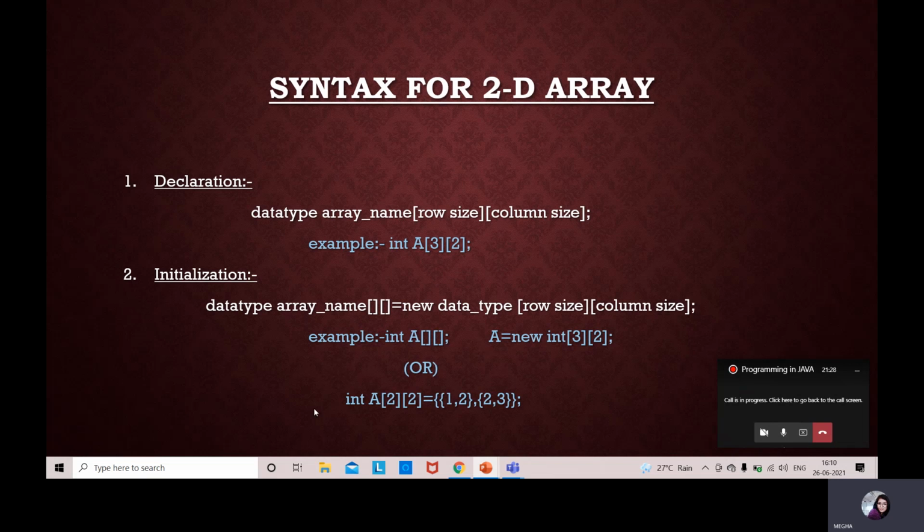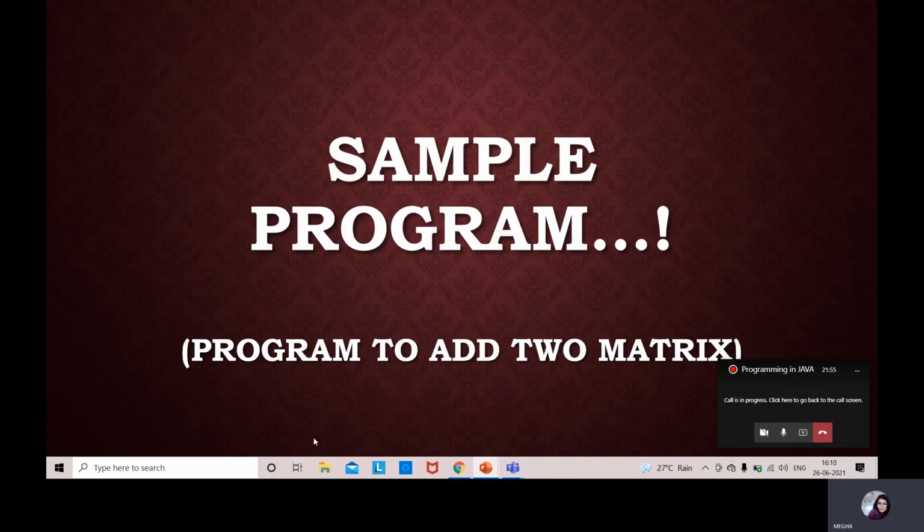The other way of initializing is a 2 cross 2 matrix equal to {{1, 2}, {2, 3}}, where 1, 2 is the first row and 2, 3 is the second row. So here we have to differentiate the columns and rows with commas and curly braces. Let us see a program for a two-dimensional array.